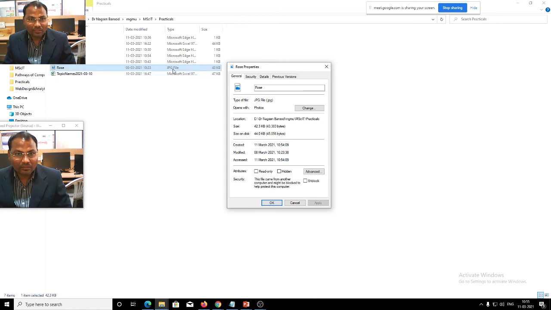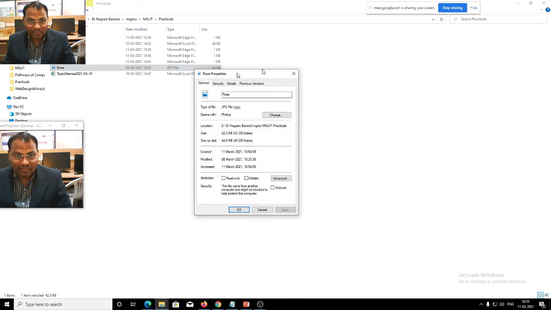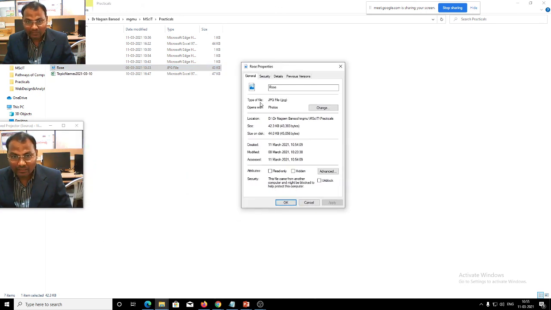Yes, the type is given here, but some of the students do not know how to find the extension. To find the extension of this image, we have to go to the properties and find the extension. We will get it here. The type of image is JPG.